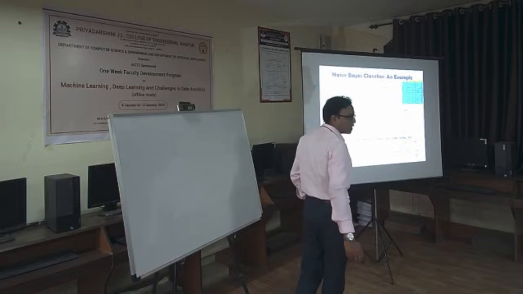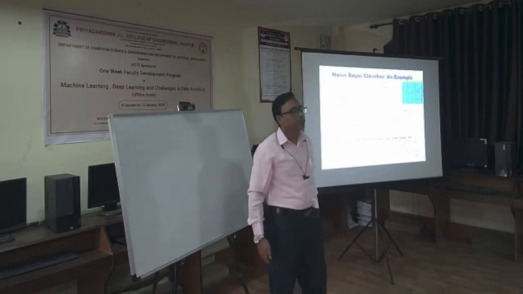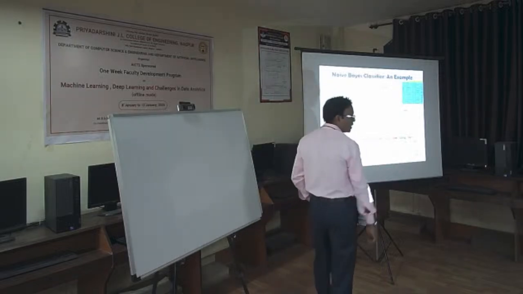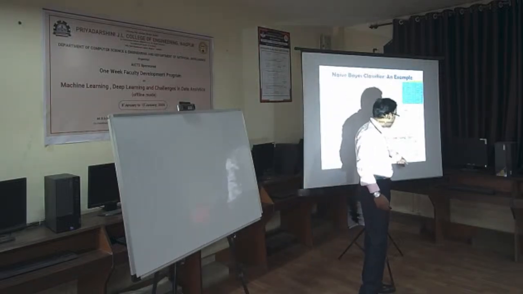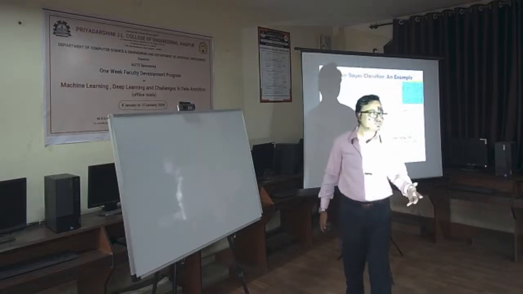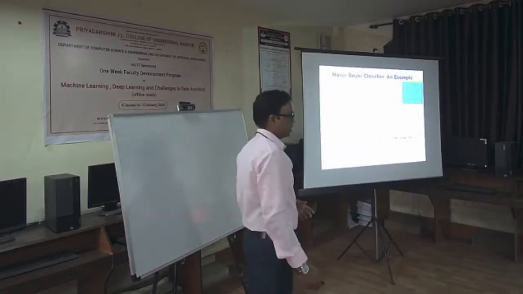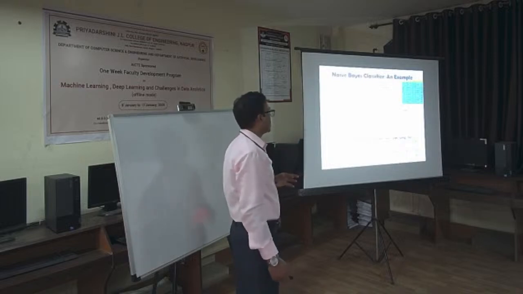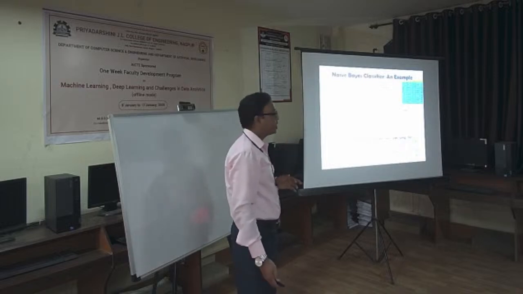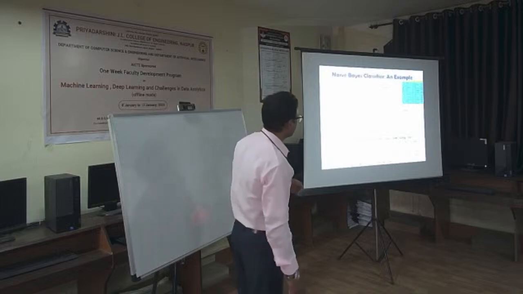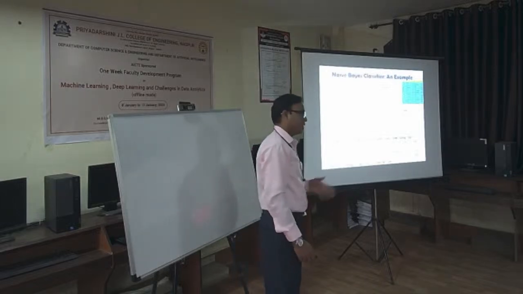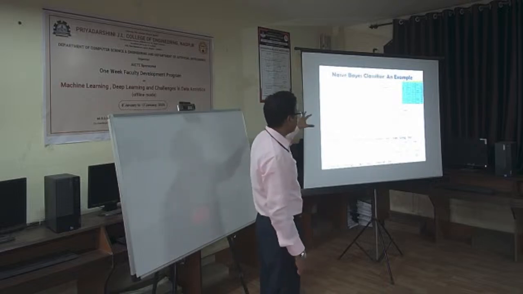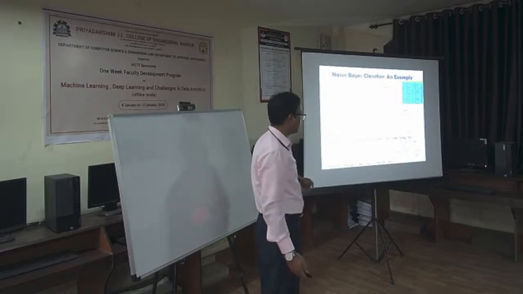ये फाइनल आउटकम है आपका, so as per this calculation it is likely to purchase, because आपके पास दोनों प्रोबेबिलिटी आ गई, यस वाली भी आ गई, नो वाली भी आ गई, नो वाली is very small and yes वाली is having sufficient 0.28, so in the data sample that has been given, it fits in the category that it is likely to purchase the computer, so therefore x belongs to class yes, okay, so in that way Bayesian calculates and for every category it performs the calculation and tries to give the result,